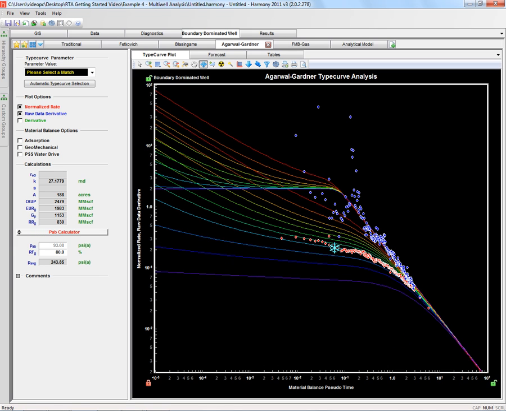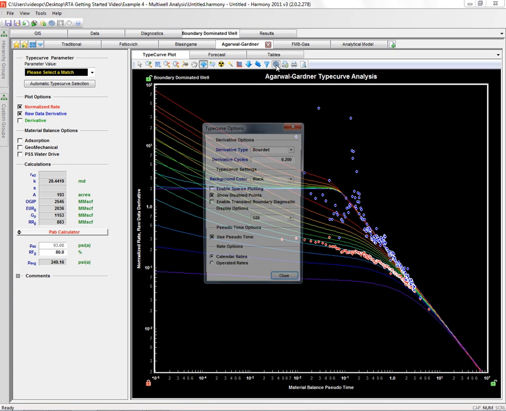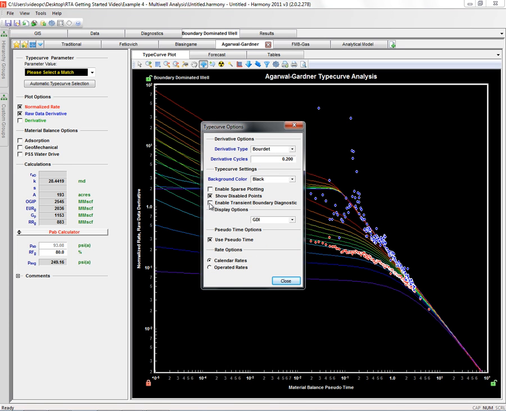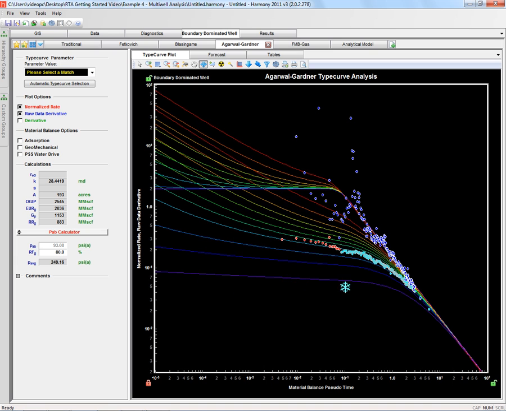For example, it shows us very clearly that we've achieved boundary dominated flow, maybe even before it's clear in the raw data itself. Once we see a unit slope on the derivative plot, we're fairly certain we've achieved boundary dominated flow. In addition to that, there's a feature in Agarwal-Gardner that allows us to show where boundary dominated flow begins